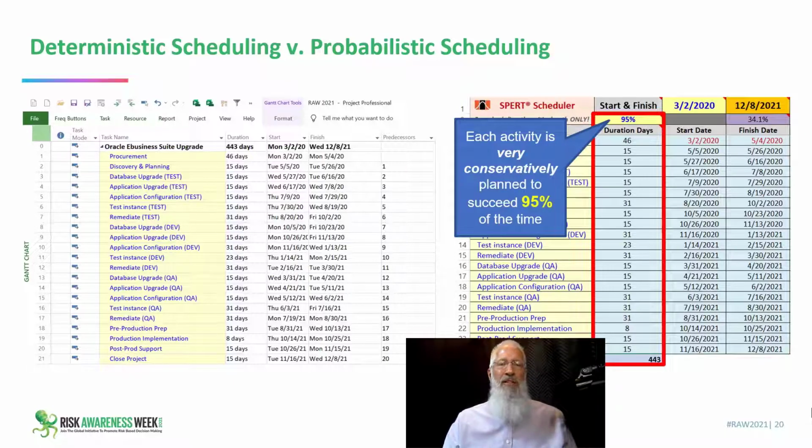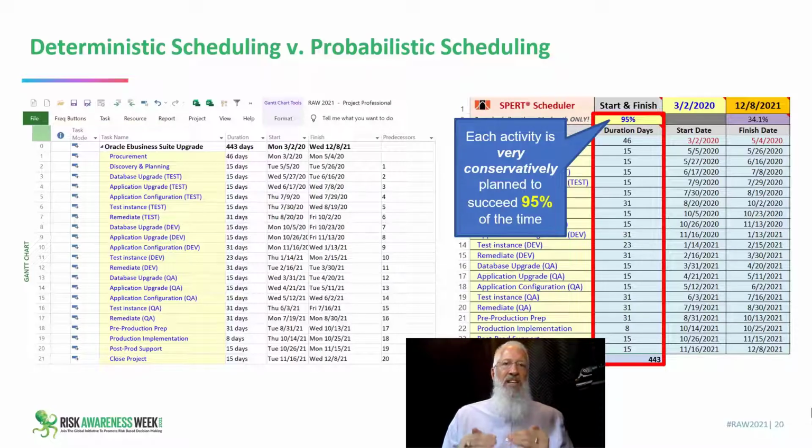Very, very conservative. And because of this very conservative stance, projects take longer than what they should. They cost more than what they should. And we do that to protect ourselves from having to tell our project sponsor our schedule is running late. We don't want to tell our sponsor that our schedule is late, so we plan very, very conservatively when we